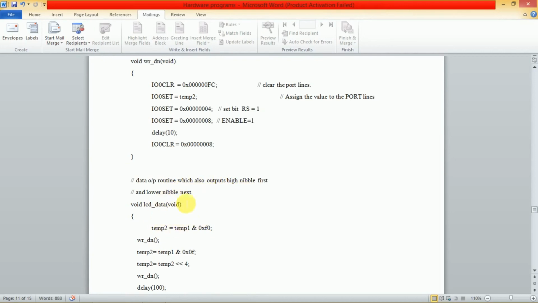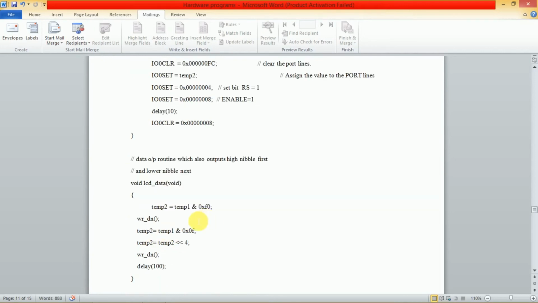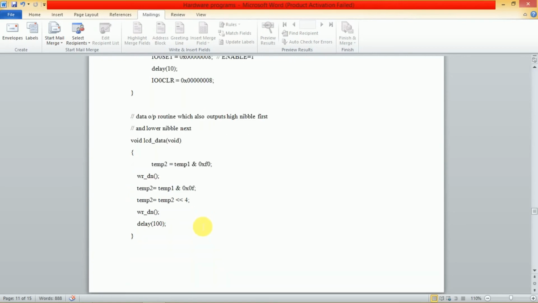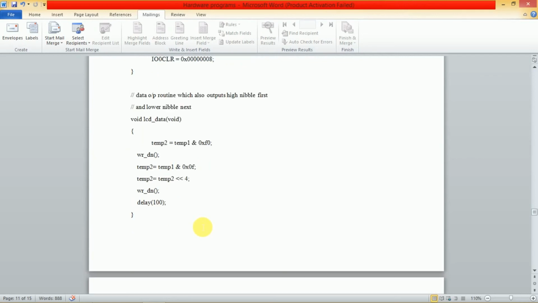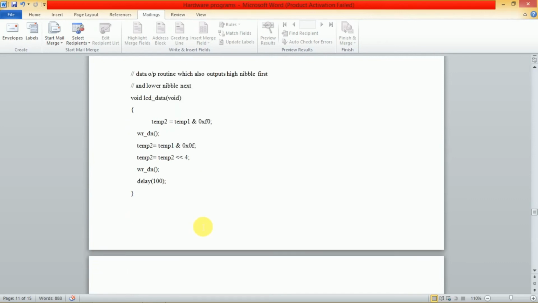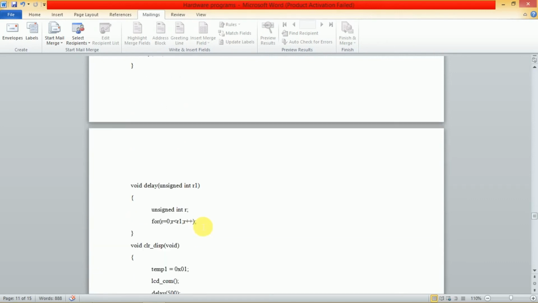Void LCD data: temporary 2 is equal to temporary 1 and 0x0F. Write the data; temporary 2 is equal to temporary 2 shifted left by 4, write the data values and make a delay.